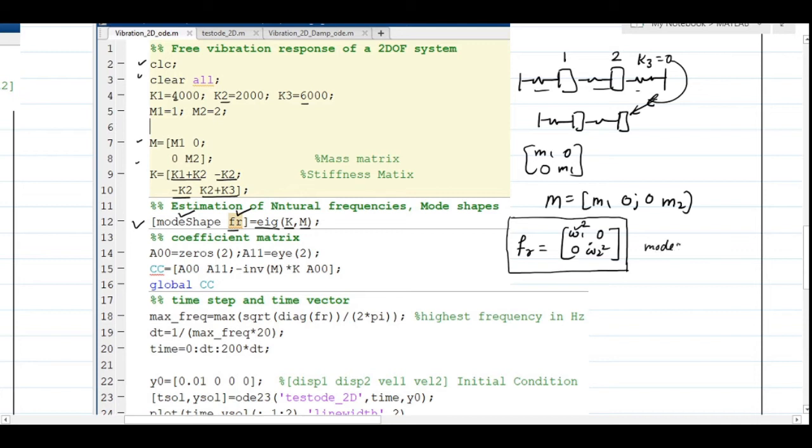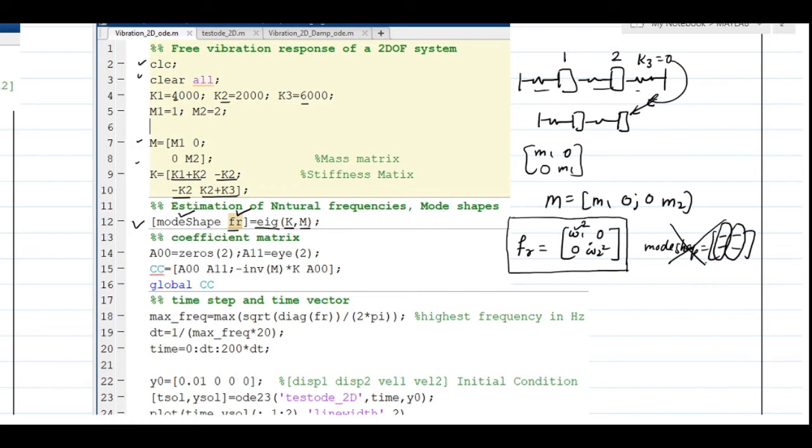When you see the mode shape matrix, it is actually going to have four values: 1, 2, 3 and 4. So the first column is going to give you the first mode shape, and the second column will give you the second mode shape. In the current code, we are not going to use this mode shape part, so I'm stopping here. But as we want to create a time step, we need the natural frequency of our system, because we have already learned earlier how to decide the time step. The time step should be at least 20 times less than the minimum time period of your system.